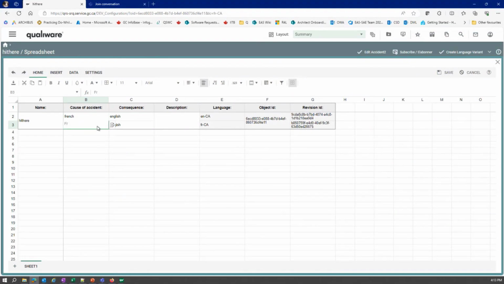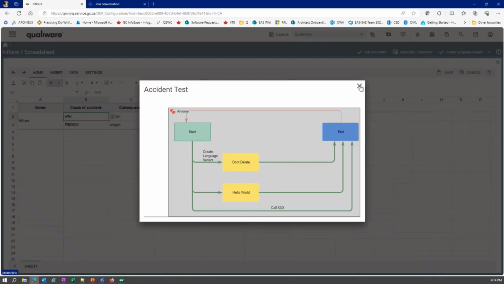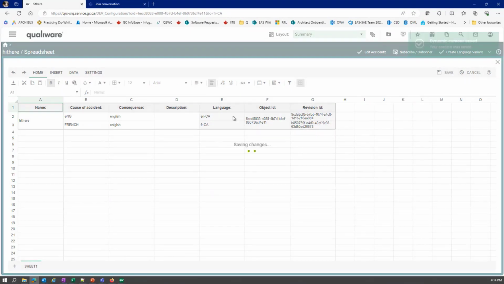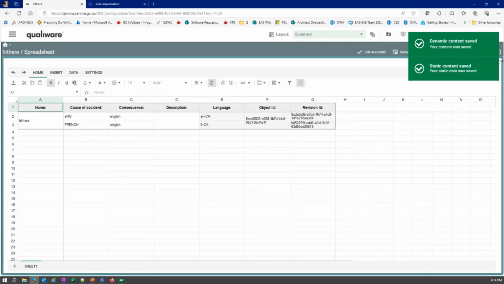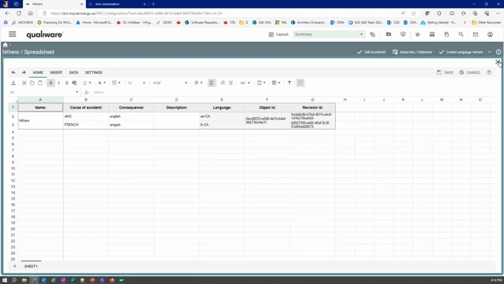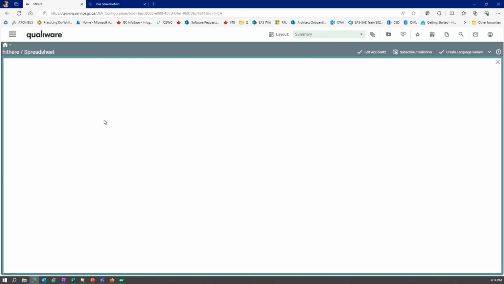and I'll do all uppercase just so you can see, but realize that, oh, I made a mistake. This really should be English. Remember, my language is in French right now, so this is really going to mess things up, because I've saved it here, but this was my last change, so it's going to get messed up. I'm showing you some of the downsides to this, but it will work where we can see both English and French at the same time.